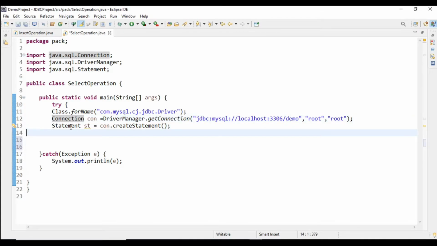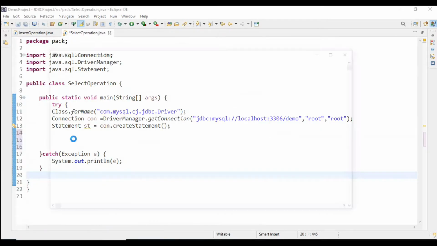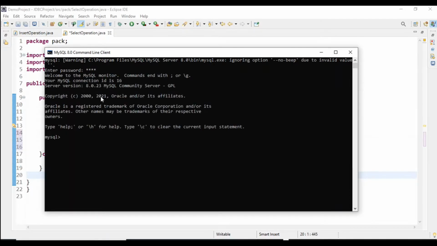In the third step, we create a statement. The fourth step is to execute the query. In this program, we are going to retrieve data from our table. We have already created the database demo, so we will use that database.